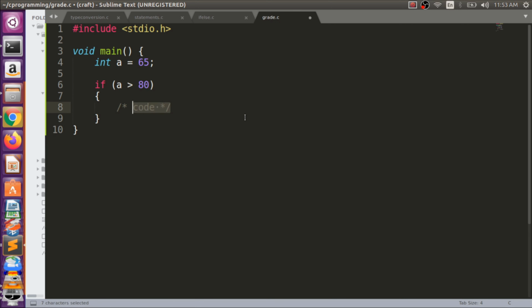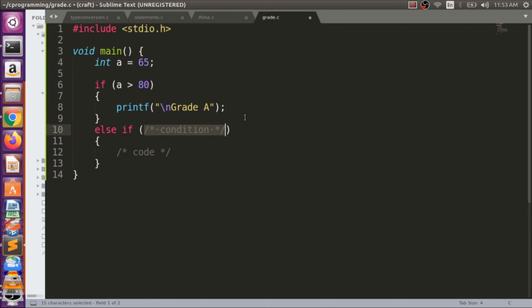We can write down here printf grade A, right? And we have else if a is greater than 70. We can put a slash n also. So we can write down here grade B, right?